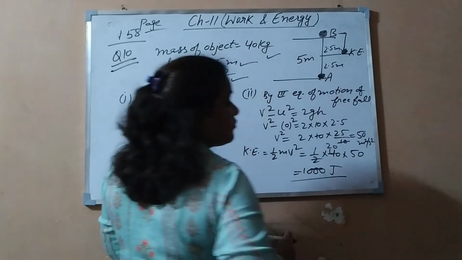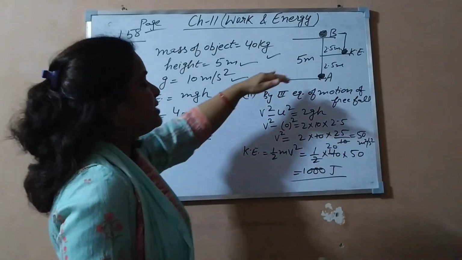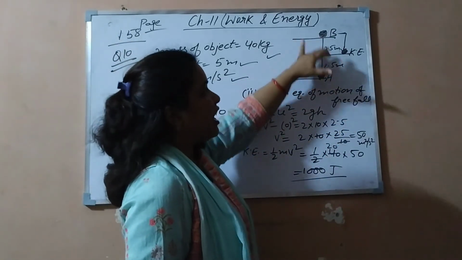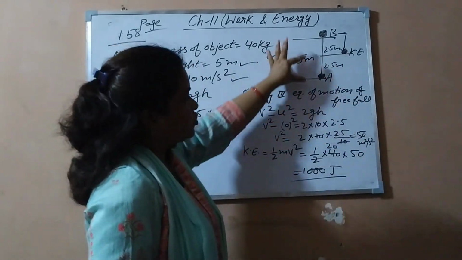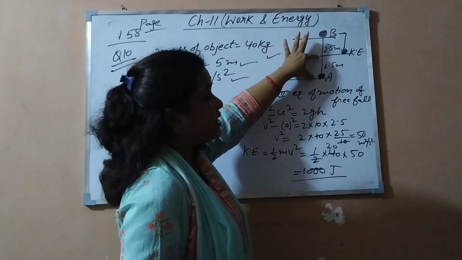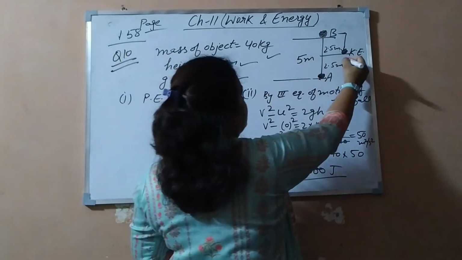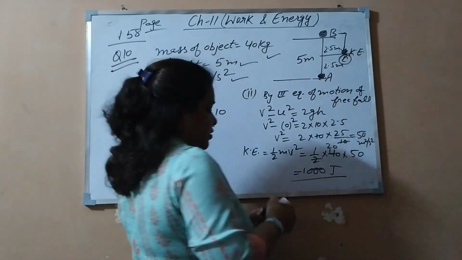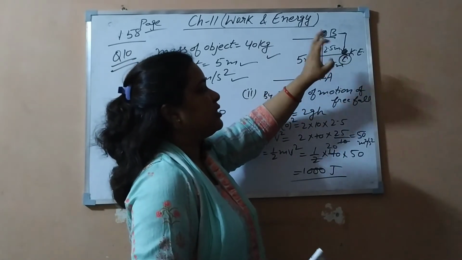This topic we will do later in the law of conservation of energy also, but this is the way to solve the numerical. Means exactly at halfway, half of the potential energy gets converted into kinetic energy. So still it is above the ground. So what about that 1000 joule? 1000 joule is still potential energy at the C position. We can give this name C to that position. Means at C position it possesses both energies, kinetic as well as potential.